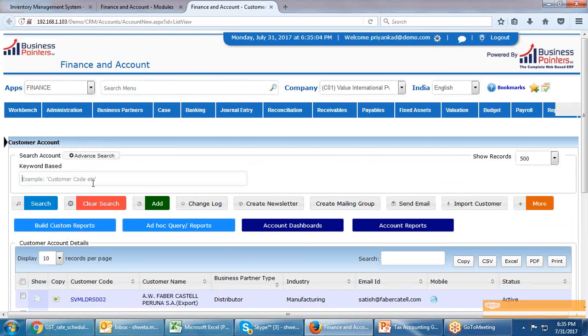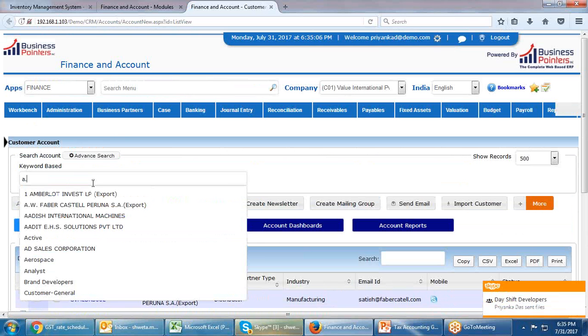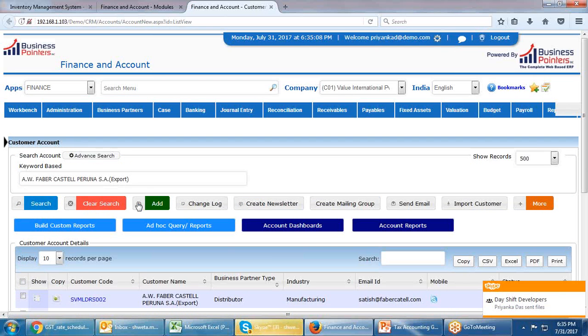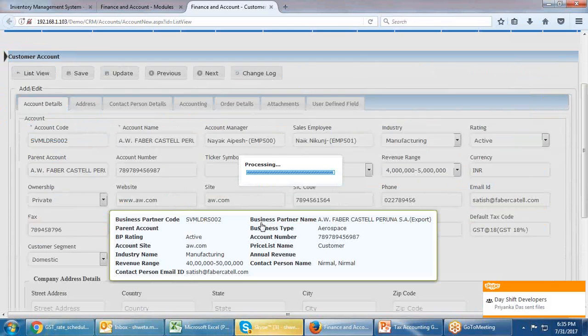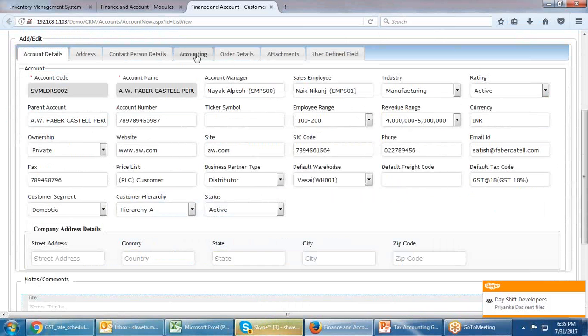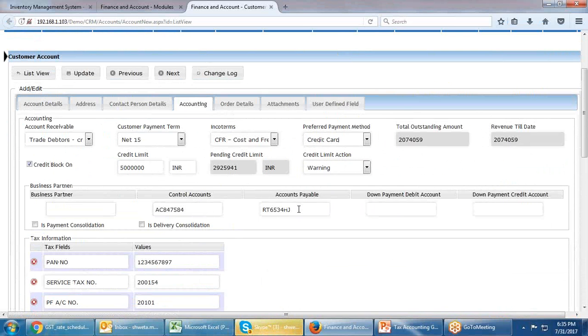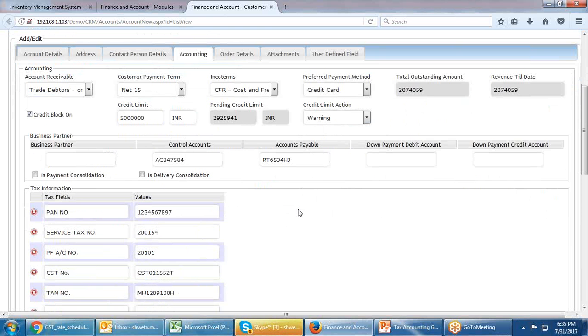For example, I have one customer as AW Fabrication. Here I can define the